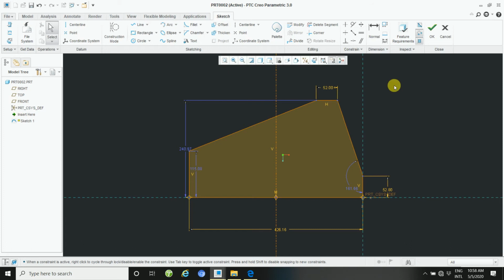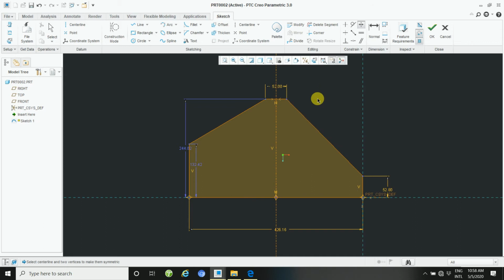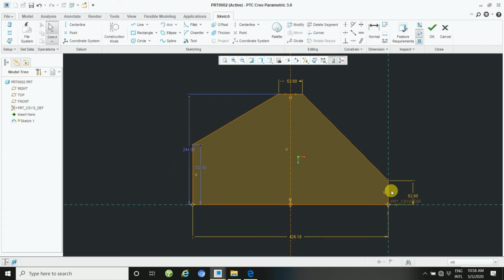And how to apply the symmetry? Go to here, symmetry. What is symmetry? Make two points or vertices symmetric about a center line and create a symmetric constraint. Two center points are there, and click this line. So apply this symmetry: select first point, second point, control press, and then middle button, this way. Symmetry will be applied, and this height is also equal.